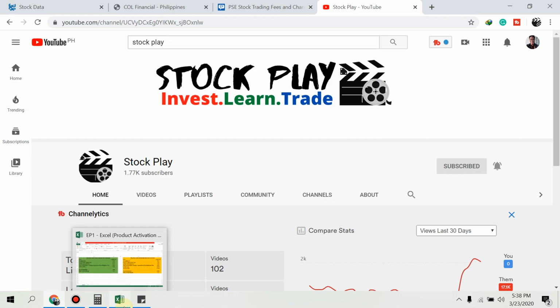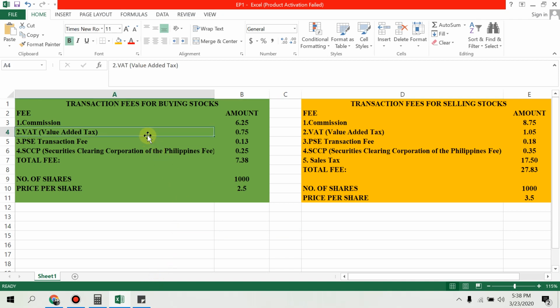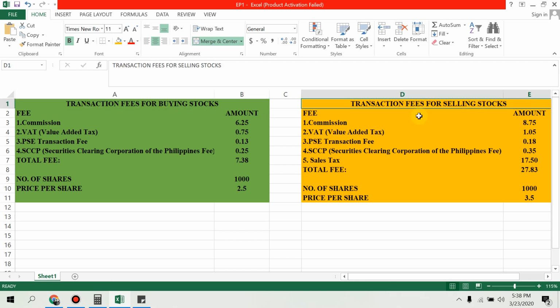So una, ipapakita natin yung ginawa nating Excel dito. So yung nakikita natin sa left side, okay? Ito guys yung ating transaction fees for buying stocks. Then yung nasa right guys, ito naman yung transaction fees for selling stocks. So ito guys, i-upload ko na lang at ilalagay ko dun sa description box yung download link para meron kayong guide kung paano mag-compute. So for this one, titingnan muna natin yung mga binabayaran natin kapag tayo ay bumibili ng